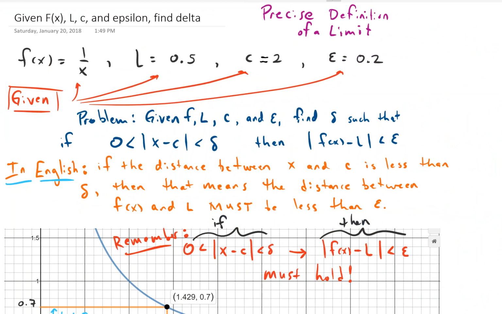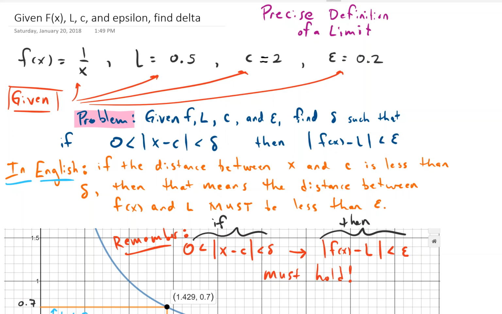Today we're going to talk about a classic problem dealing with the precise definition of a limit. If you've been given a function, a limit, a c-value, and an epsilon, can you find delta? So if we wanted to say this a little more mathematically, given f, L, c, and epsilon, find delta such